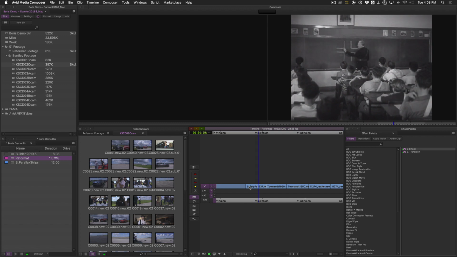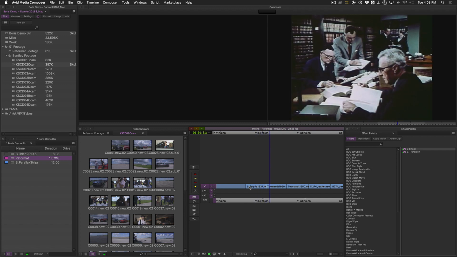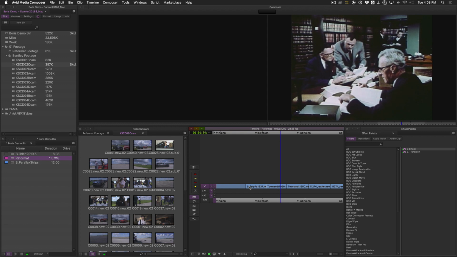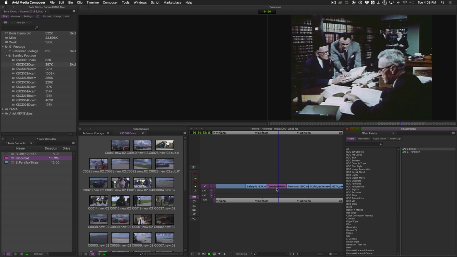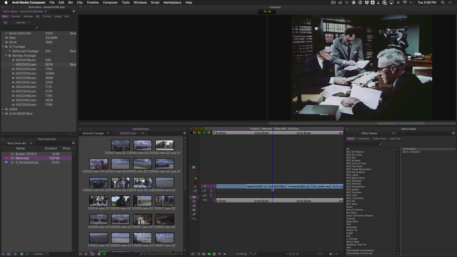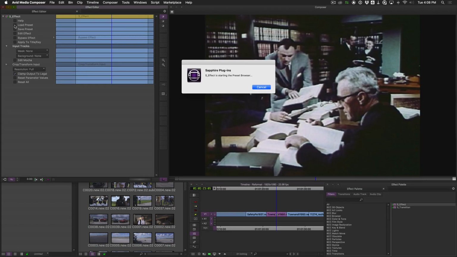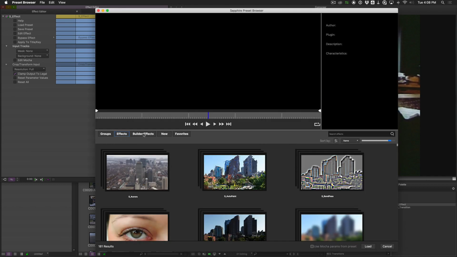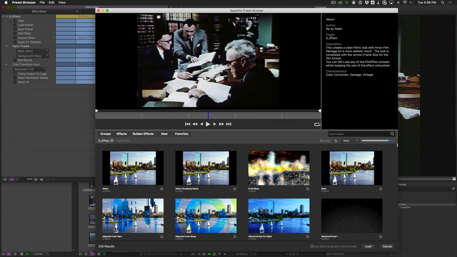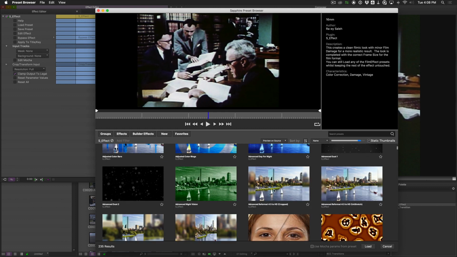One of the great features of Boris Sapphire is having access to the builder and all of the different presets that come loaded with the software. And one of the most popular ones for those of us who work in broadcast is a preset for reformatting video of different aspect ratios. So in this case, reformatting 4:3 video for a 16:9 frame. After you've dropped your S effect on your clip and you go into your effect editor, if you click on load preset, the preset browser shows up. Click on builder effects to sift out all the builder effects and scroll down or search for